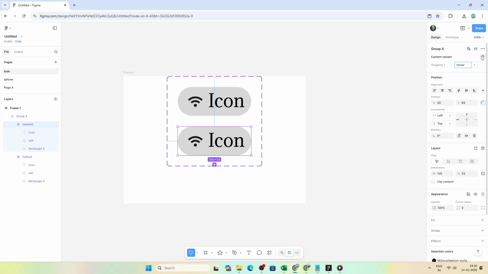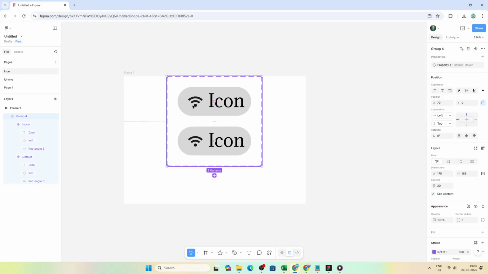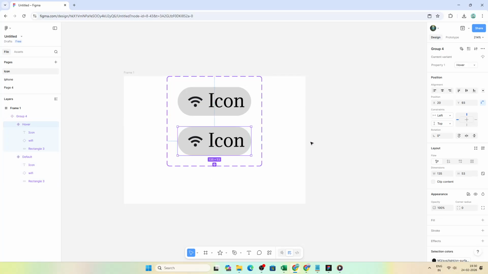Next, define properties so Figma knows how these variants differ. In the right sidebar, you'll see fields where you can add properties and assign values. For example, create a property called state with values like default and hover, or a property called size with values like small and large. Clear, consistent naming helps you and your team quickly understand what each variant represents and makes